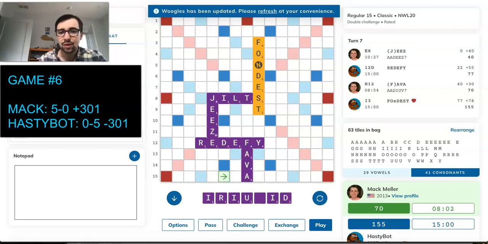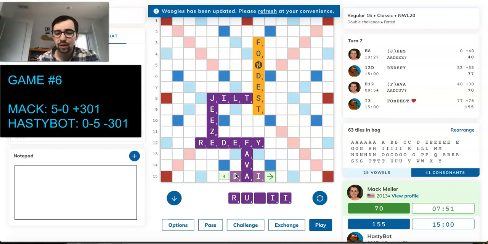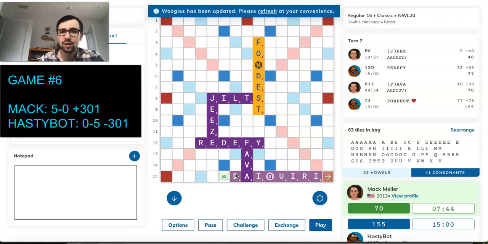I guess I could also play Irid here, and score 31 and keep the blank. But IU blank is not great. Like, it's 28 points I'm giving up, and if it was just a blank, I'd maybe consider it, but IU blank significantly devalues it, so I think Daiquiri is probably okay, and I'm still going to be down actually a bit,